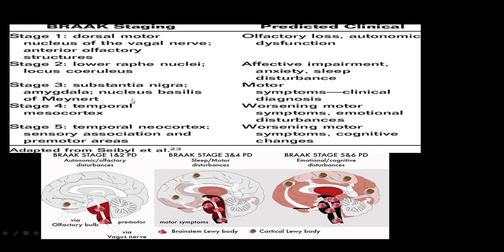Stage 3 is the important stage where the clinical manifestations of motor symptoms drop, where you can see the tremors, rigidity, akinesia, and postural instability, because the accumulation of the Lewy body is already at the level of the basal ganglia, especially at the substantia nigra. For stage 4 and stage 5, the accumulation is already all over the cortex, causing worsening of the symptoms of patients with Parkinson's disease.